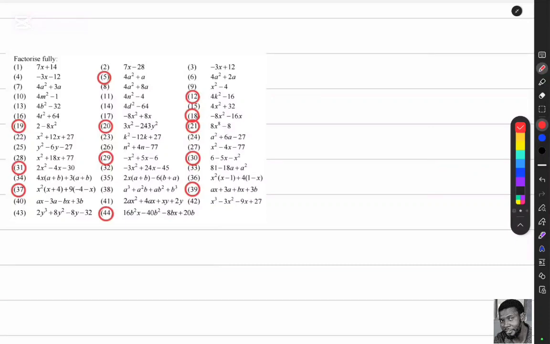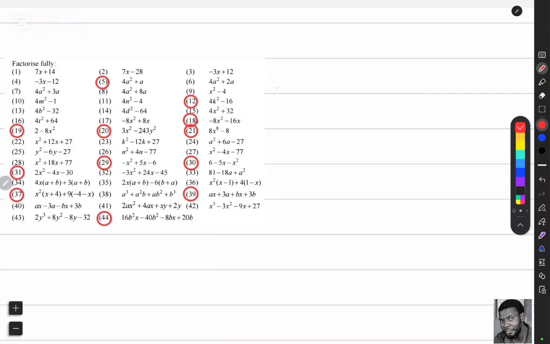As you can see, we need to factorize fully. So on the screen, you can see we've got several questions there. We've got about 12 of them. We need to factorize them fully. We'll start with number 5,